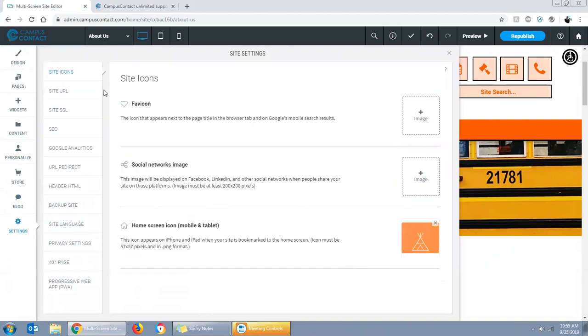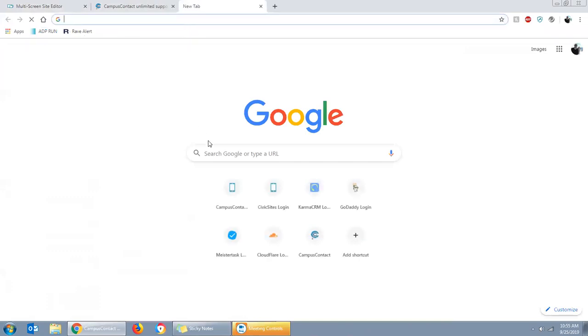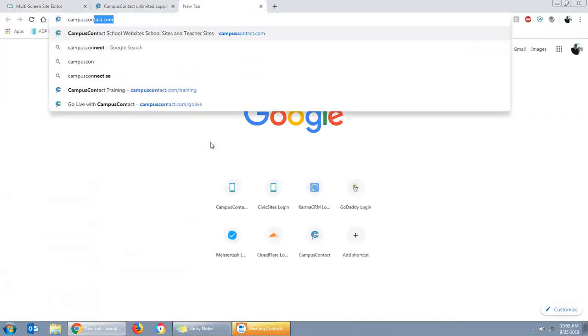So the first thing would be to manage your site icon, and that would be your favicon, in our case at the top, that little blue C icon. That's the little image that appears in a tab in a browser when people go to your site. Now this is important in search engines as well, because if we go to Campus Contact,